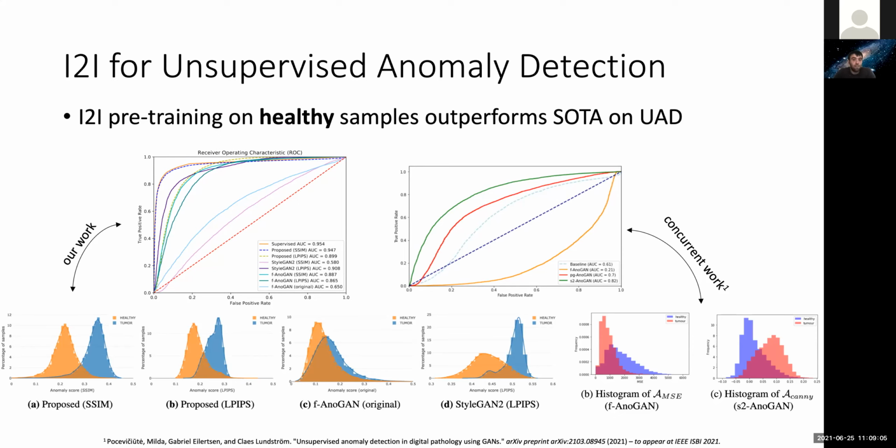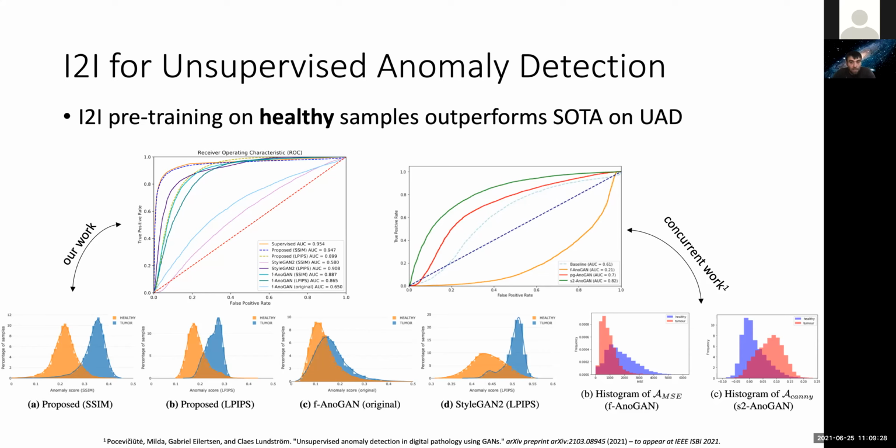This can also be seen from the receiver operating curves and associated AUC scores that were computed at the Youden index, where we have also compared our approach against the supervised baseline on the patch level. And we can see that similar performance was achieved just with healthy samples seen during the training, without any additional labels. On the right-hand side, we can also see the results from the just-published concurrent work that I mentioned,